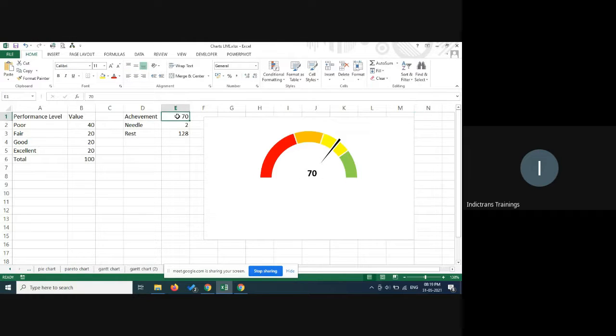Obviously, if I change this to 50, it will come like this. If I make it 30, it will go in the red zone. So you could make that little change. So basically, you're showing only one value across a performance band, but this looks very familiar to people who are used to seeing the car dash. Is this clear to you? Do you want to take a few minutes to complete this? And please ask me if you want me to repeat something specific or the entire thing for that matter.